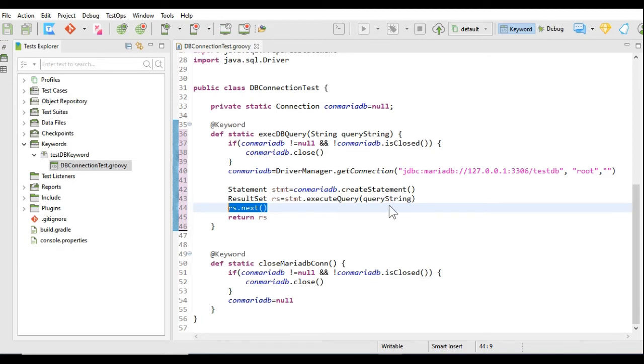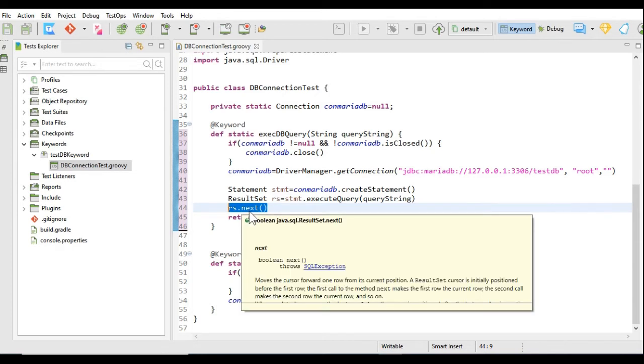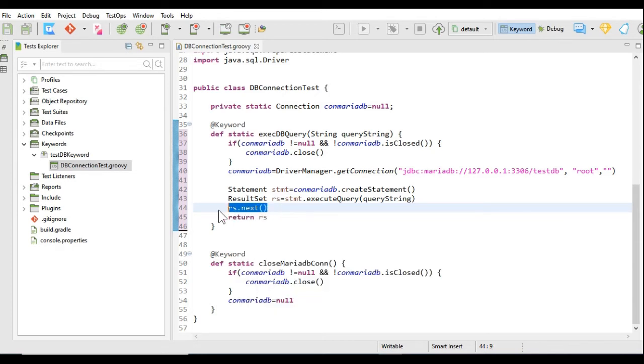When we execute a query and pass the query result to the result set, it passes the result set with the column header and the rows. So the first line is the column header and the result set points to the column header. That's why we will add the rs.next command and we will return rs, that is the result set.